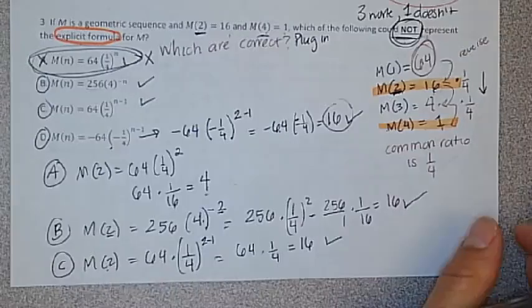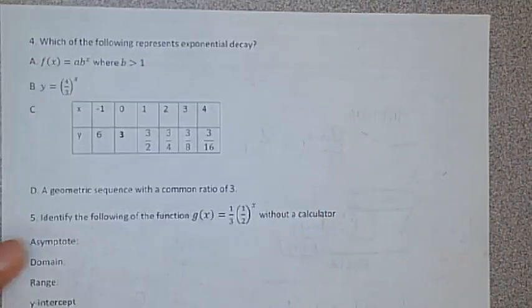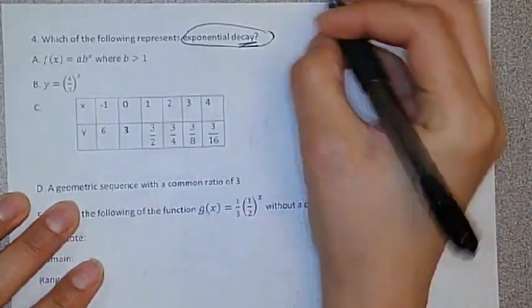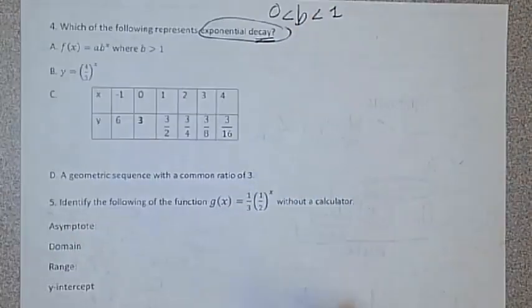Okay? All right, so for number 4, represents decay. So decay will have to be greater than 0 but less than 1. So a fraction